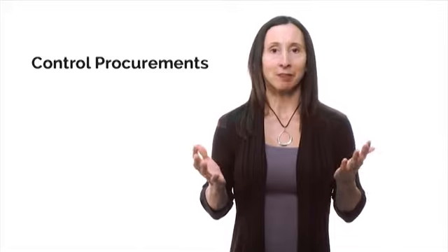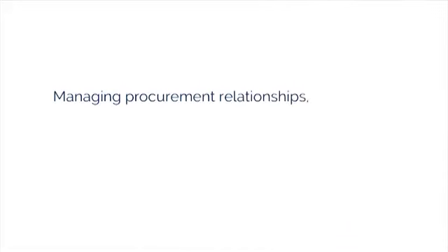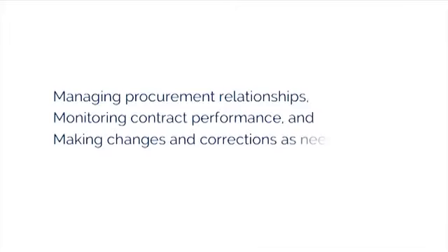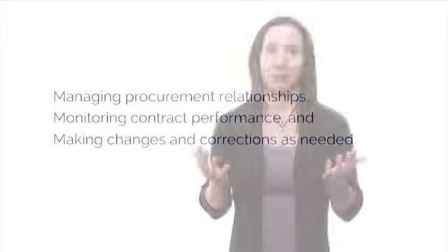The third process of project procurement management is control procurements. We can define this process as managing procurement relationships, monitoring contract performance, and making changes and corrections as needed. It's really about ensuring that the agreed upon work is delivered as specified. We should compare the deliverables to the scope baseline to ensure that the requirements have been met and seek to